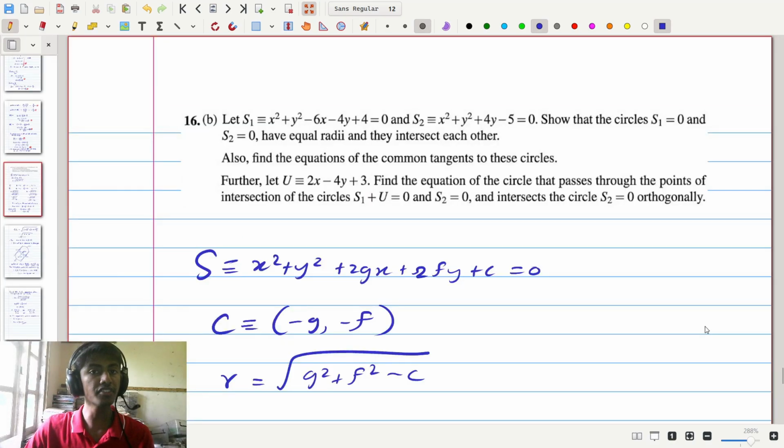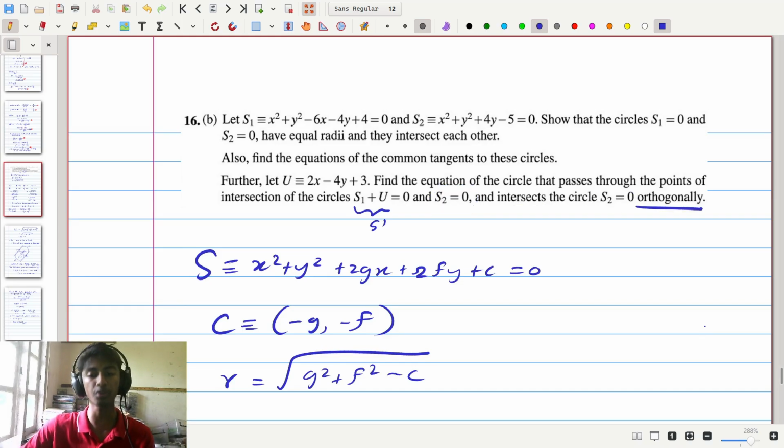Now finally, if we consider the last part of the question, it says, further, let u be given by 2x minus 4y plus 3, and given that, find the equation of the circle that passes through the points of intersection of the two circles s1 plus u equals 0, which I'm going to call s dash equals 0, and s2 equals 0, and also intersects the circle